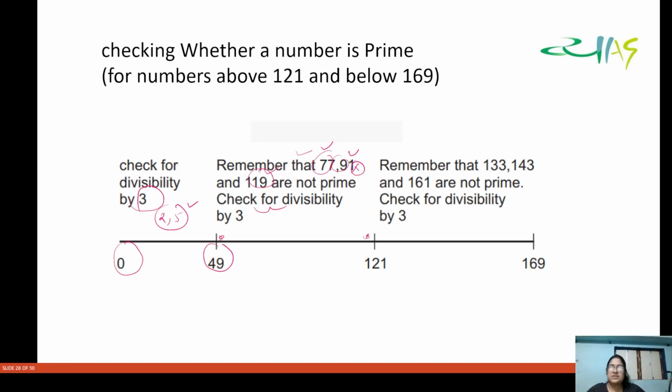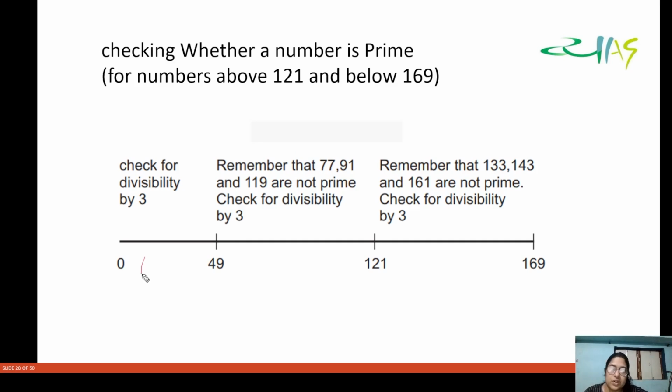ऑल राइट, अगर आप सिर्फ इतना याद रख लें कि 77, 91 और 119 प्राइम नंबर्स नहीं है। ठीक, इसी तरीके से अगर आप 129 से 169 के बीच की ये बात याद रख लें कि 133, 143 एंड 161 आर नॉट प्राइम नंबर, तो भी सिर्फ 3 से ही डिविजिबिलिटी चेक करनी पड़ेगी। दिस इज बेस्ड ऑन द लॉजिक ऑफ दैट मेथड ओनली। तो कुछ भी ऐसा इसमें नया नहीं है। आई एम नॉट टेलिंग यू एनी ट्रिक, आई एम टेलिंग यू द जनरल ऑब्जर्वेशन दैट पीपल हैव मेड ऑन दीज नंबर्स।